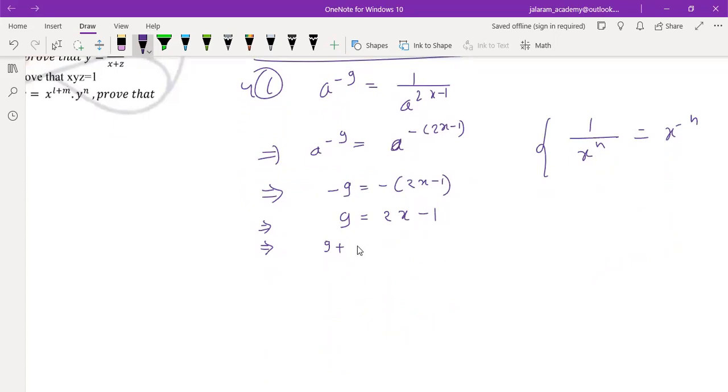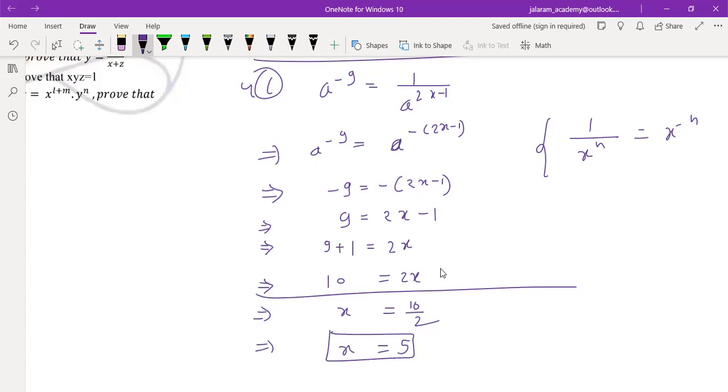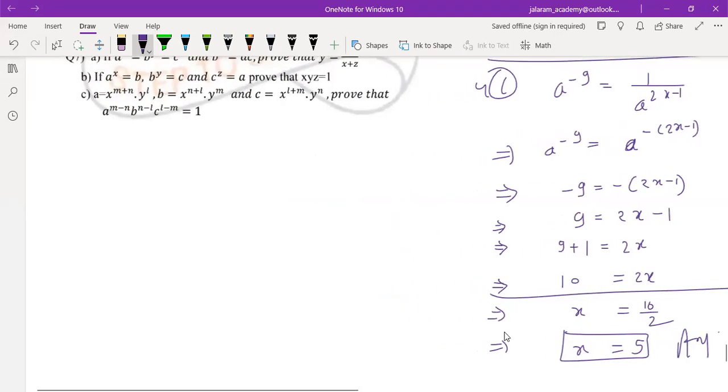If you transfer this −1 to the left hand side, it becomes 1. Is that clear to you? Yes, sir. So whenever you skip a step, it makes it wrong. Always write the answer as x = 5. Some students solve it in this manner: 5 = x. This is not the answer. You have not to find the value of 5. You have to find the value of x only. So x = 5 is the answer.